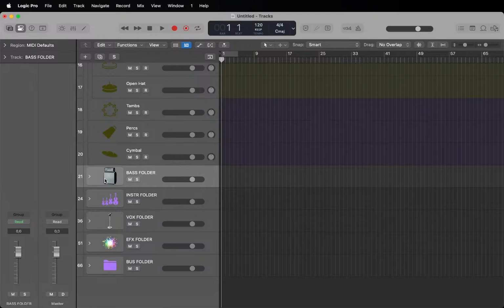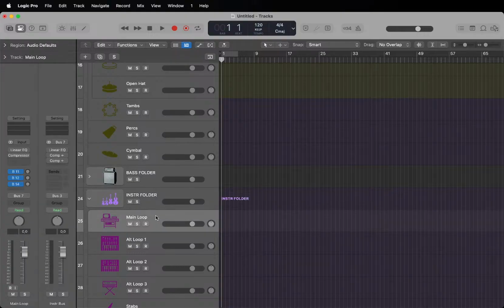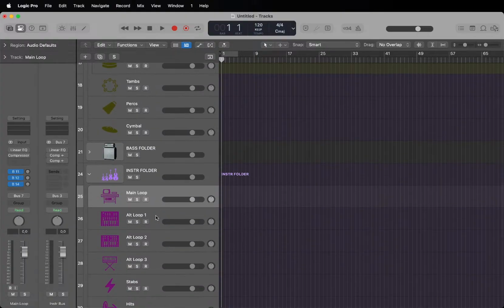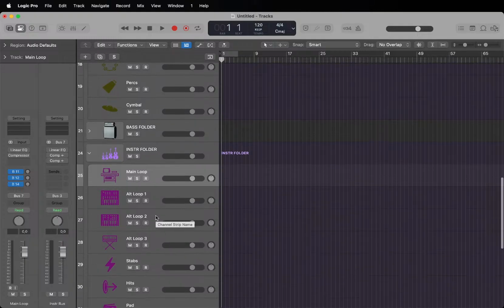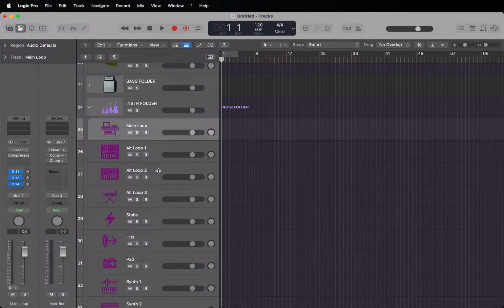If you're on an Intel Mac, you won't have access to Chroma Glow, so I would suggest the Fat Effects or the Distortion 2. That's also a very good saturation unit in Logic. And then we have the instrument section, which consists of a main loop